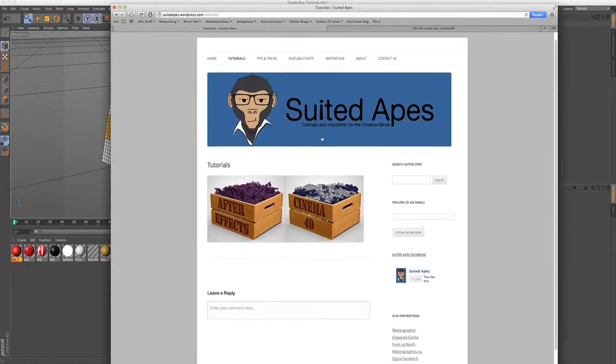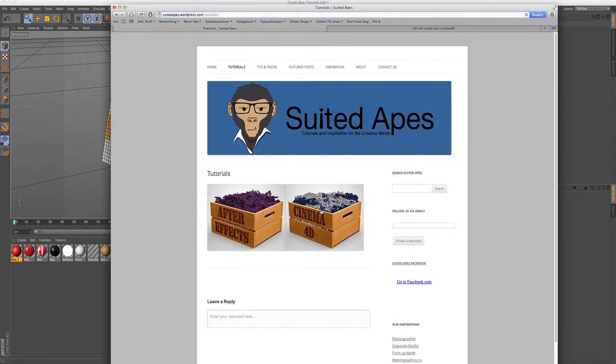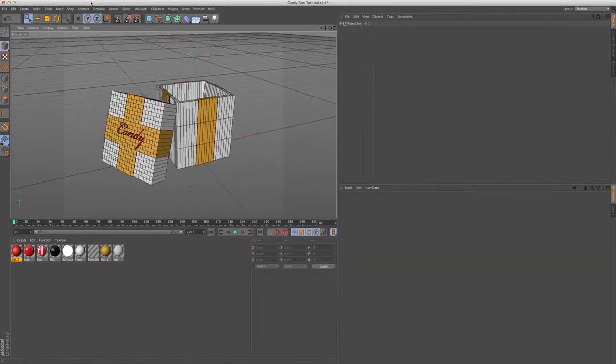our Suited Apes website. I actually used this technique to fill out the crates in our tutorials page. If you go to tutorials, you can see the page and you have the crates from After Effects, Cinema4D. There will be more coming later; the more and different tutorials we make will come on the website. You see the AE is in the crate, and you also have the C4D in the crate. So yeah, this inspired this whole tutorial. So when we start off,